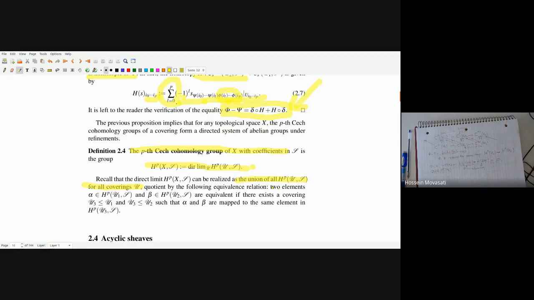When we take these two elements, alpha in H^p relative to covering U1, and beta in H^p relative to covering U2, we say that they are equivalent if there is a refinement U3 such that alpha and beta are mapped to the same element in this smaller refinement. And then one has to argue that at the end this is still an abelian group, and the only advantage of making this definition is that